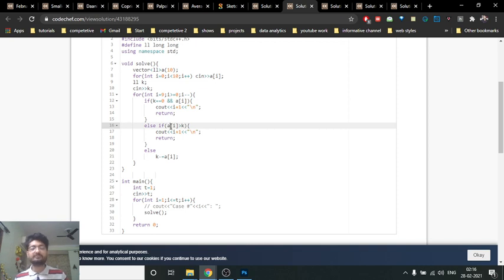Else, let's assume that we have papers of difficulty 8, the count of which is 2, and my k is equal to 100. So I can just take out those 2 papers and still keep on continuing, because I have more papers to delete out. So else, I can subtract a of i from k and just keep on doing this, because this will always hit a condition in which somehow my k becomes equal to 0, and that's the answer. I hope you get the point of this problem also.